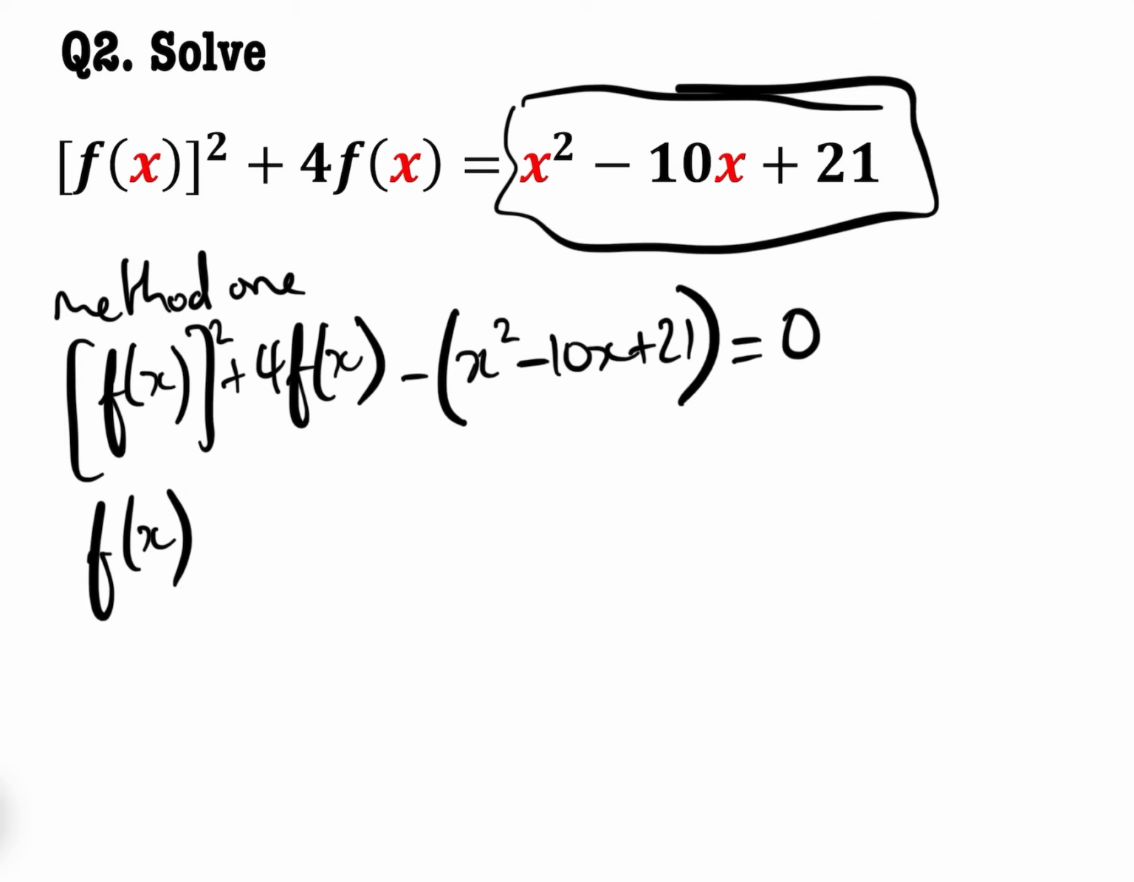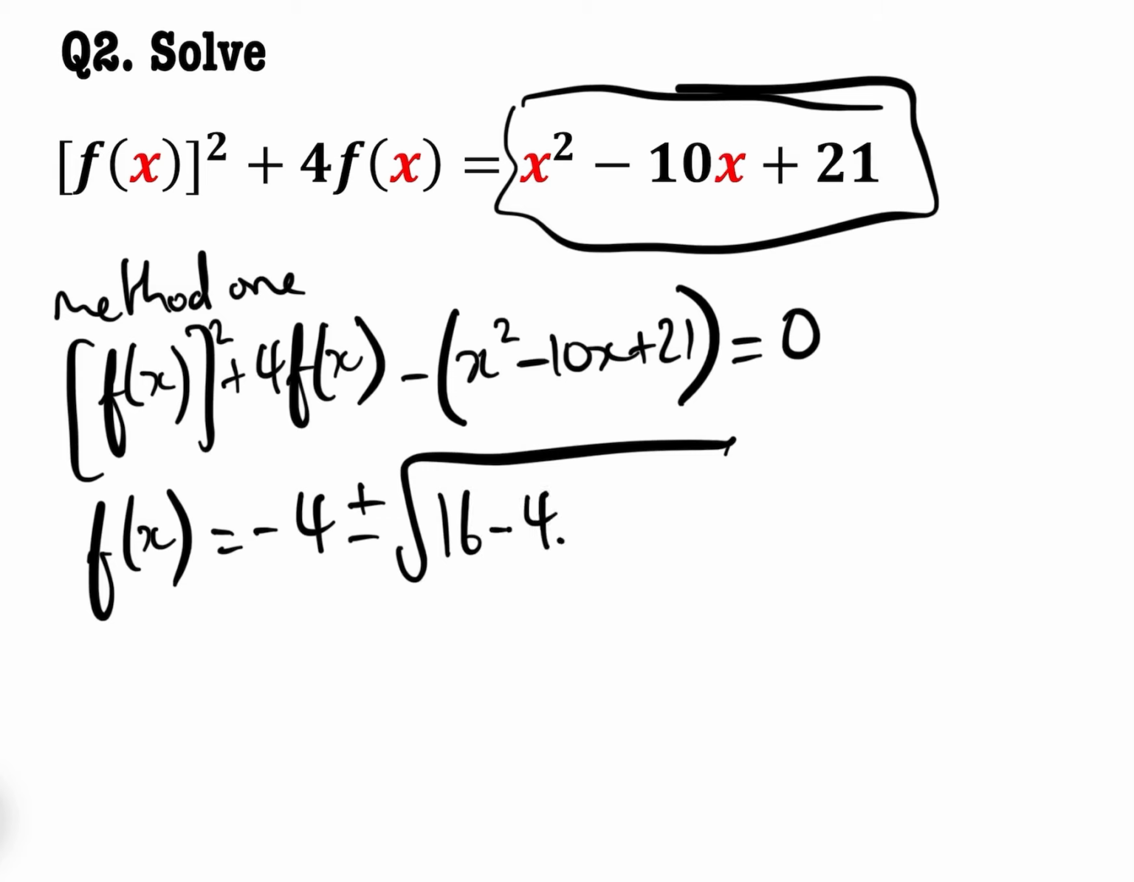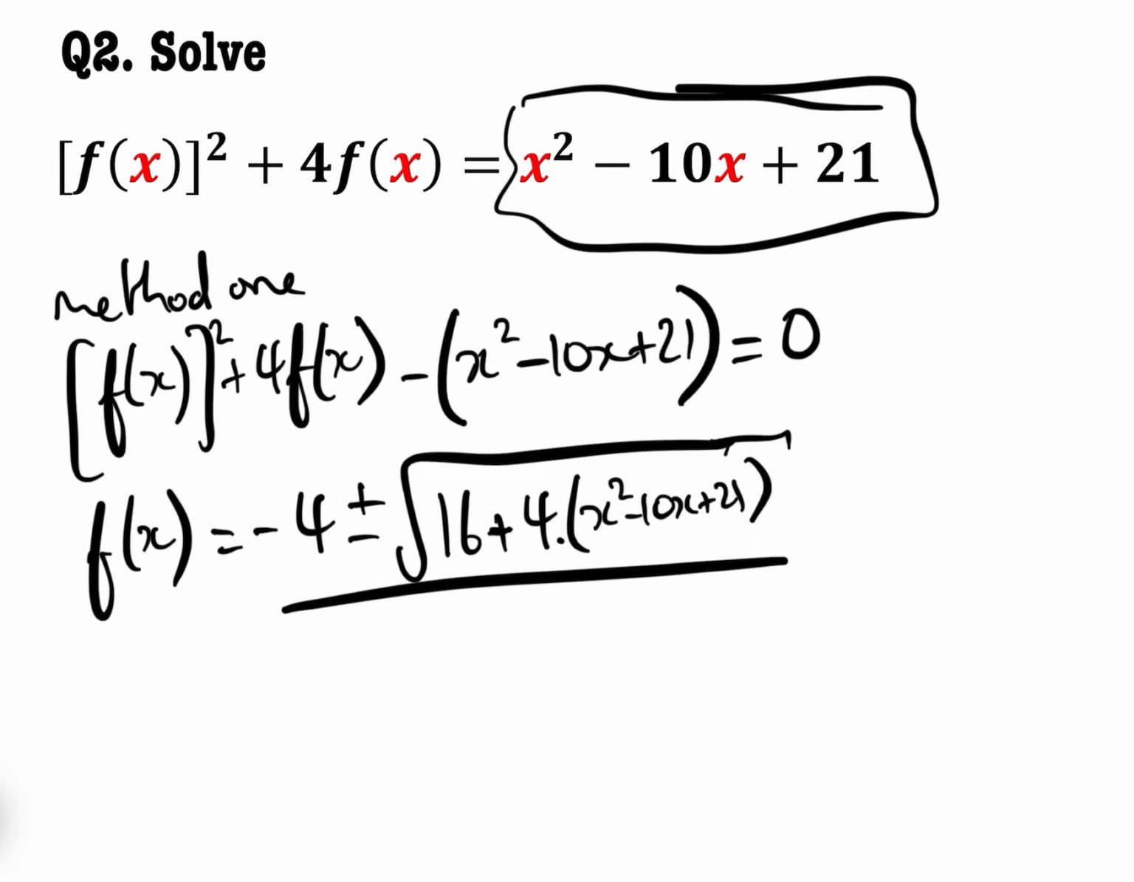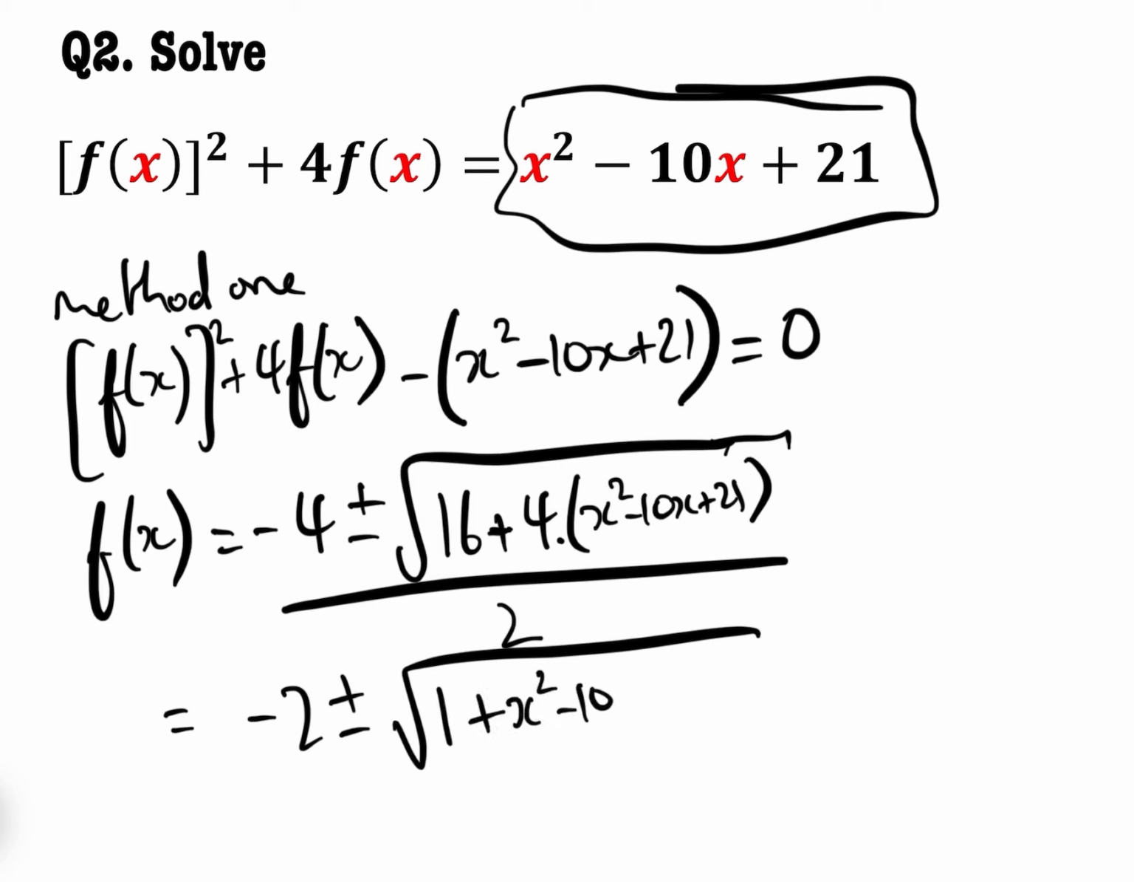This is going to feel fairly similar. x equals minus b plus or minus the square root of b squared minus 4 times a, which is 1, times x squared minus 10x add 21, but as that's negative that becomes a plus, all over 2a, which equals minus 2 plus or minus, I'll take the 4 out, the square root of 1 add x squared minus 10x,